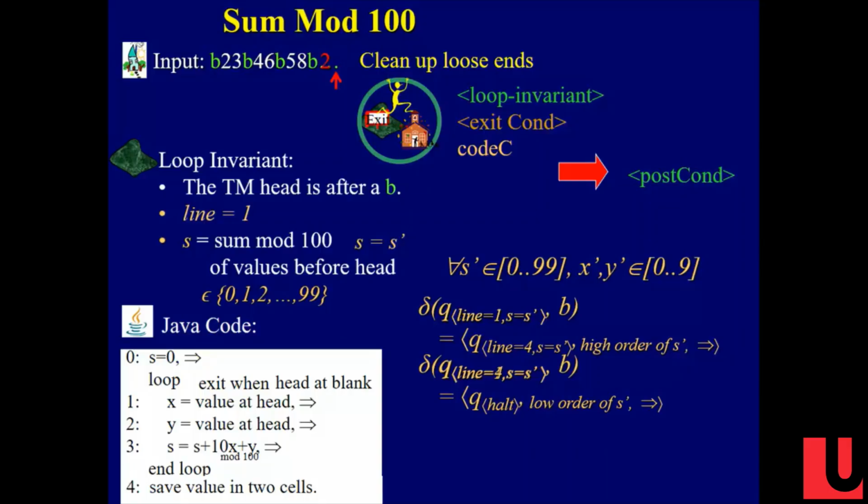I don't understand the exit condition. Aren't we supposed to have blanks anyway? How can we just exit at some arbitrary point? Well, normally the loop invariant is that we're right after a blank, and so we're expecting an X. So in normal running, we're going to get a character here. But if instead of a character we get a blank, then we exit. So the transition says, if I'm in this state and I get a character, then add. If I'm in this state and I get a blank, then exit.